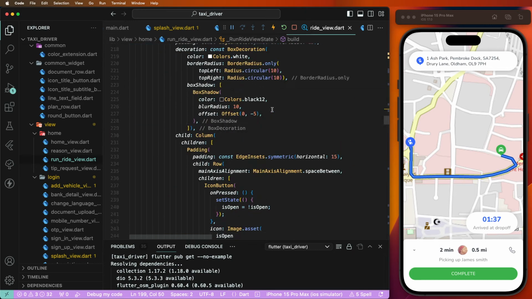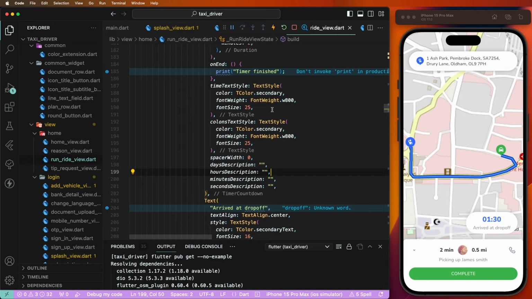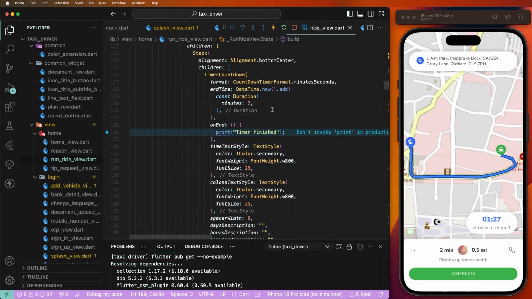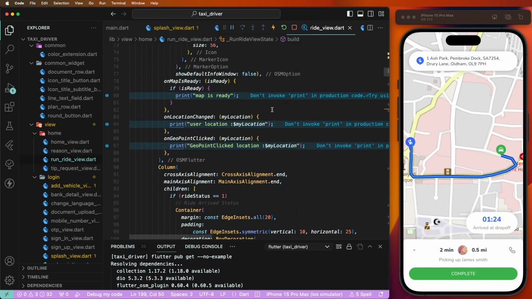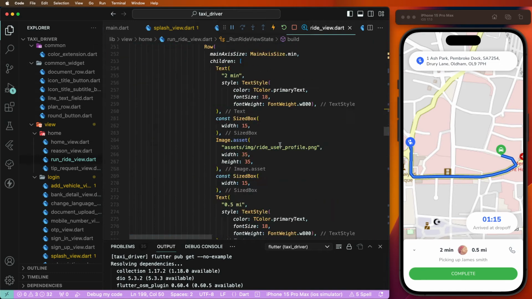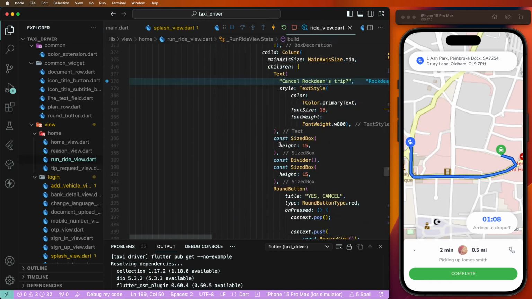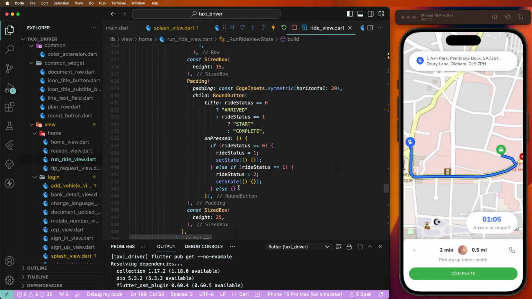Now need to configure here the buttons of the options. Write status, set here,